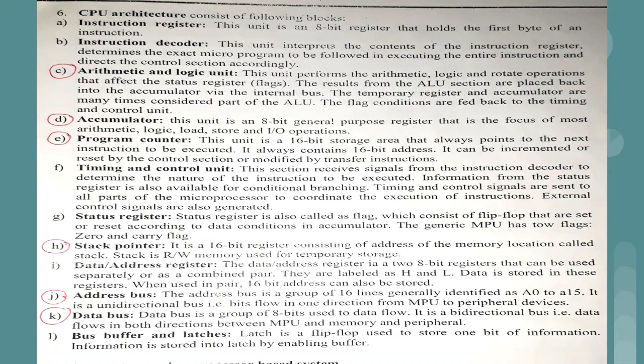Then we have one more register, the status register, which is not actually shown in the diagram, but this register is there, and it is also called the flag register. We have a total of 5 flags. So information from the status register is also available to the timing and control signal, with the help of which it can take